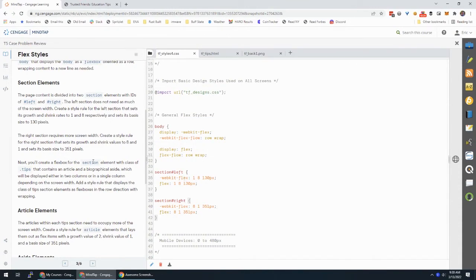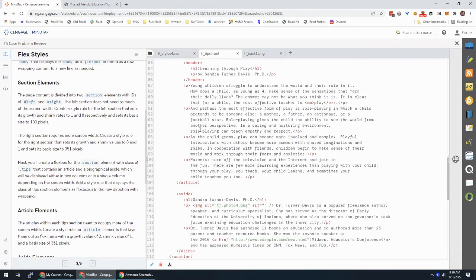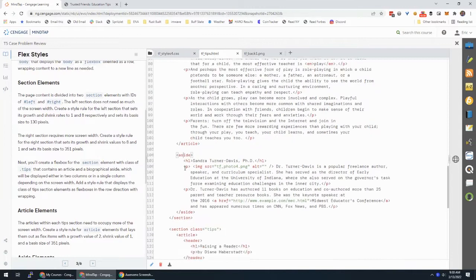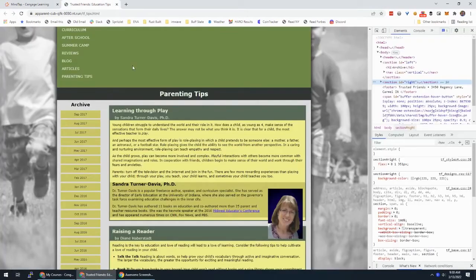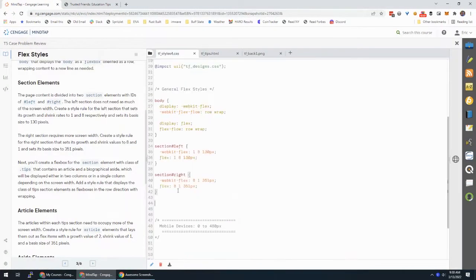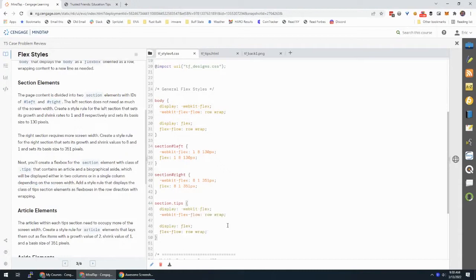And then for the tips section, there's a whole section here just of tips, which has an article and an aside. Oh, and there's multiple ones. Okay, so this is a tip and this is a tip. So for these tips, add a style rule that displays the class of tips section as flexboxes in the row direction with wrapping, which is exactly what we did for the body. So I'm going to take that, I'm going to paste that there,